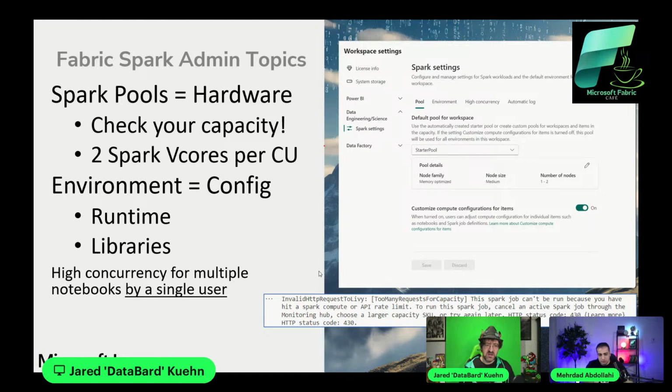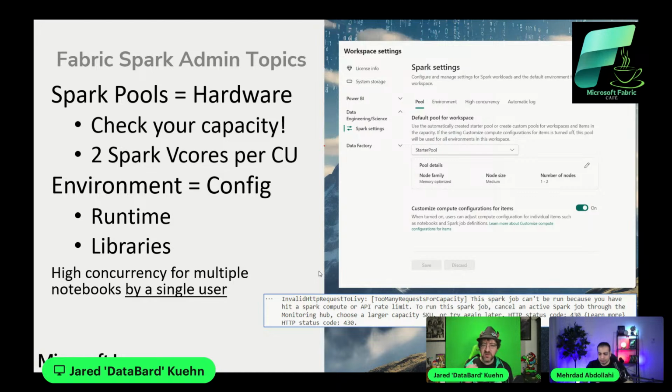Also, one big thing I want to note here, because this is a misconception I've heard in a couple of spots, is the idea of high concurrency. I'll show you that in a demo in a little bit here. The idea behind high concurrency is typically, again, you need to spin up resources to run your code here. Most times, you run a session for a single notebook, a single job, something like that.